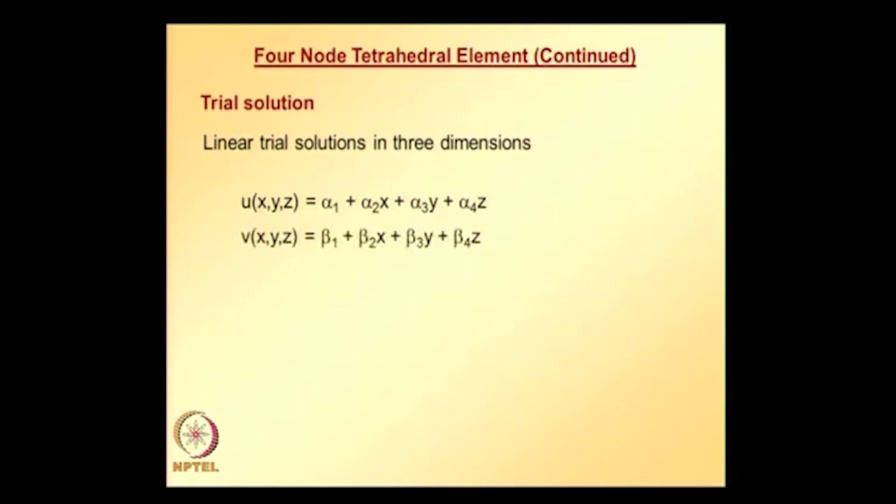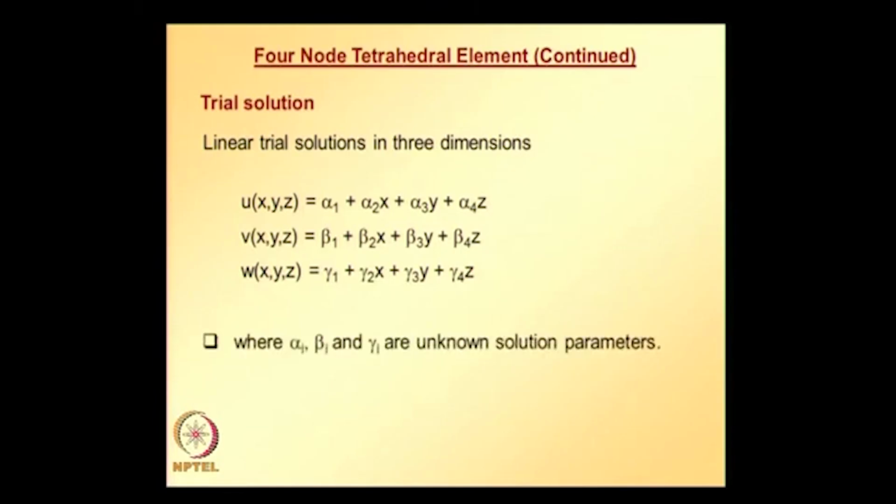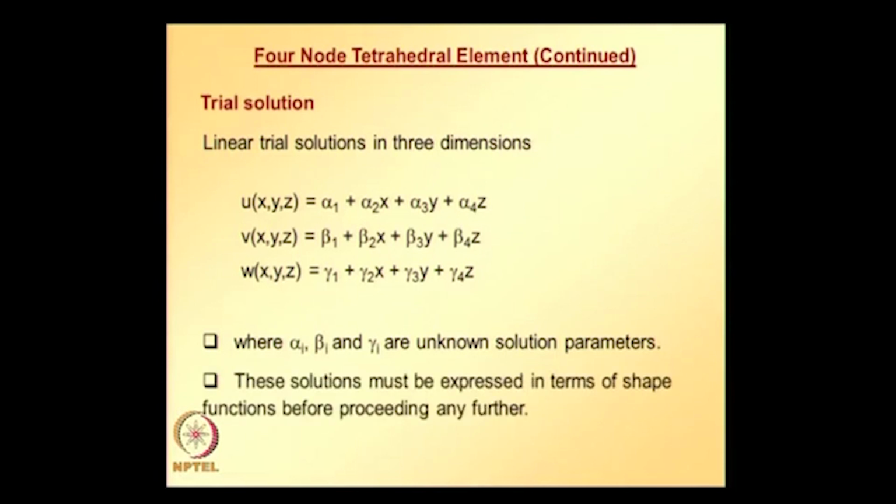Similarly, v is equal to beta 1 plus beta 2 x plus beta 3 y plus beta 4 z. w is equal to gamma 1 plus gamma 2 x plus gamma 3 y plus gamma 4 z, where these alphas, betas and gammas are unknown solution parameters, and these solution parameters must be expressed in terms of finite element shape functions before proceeding any